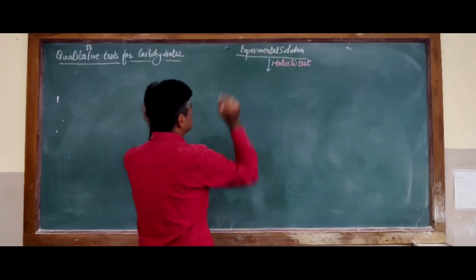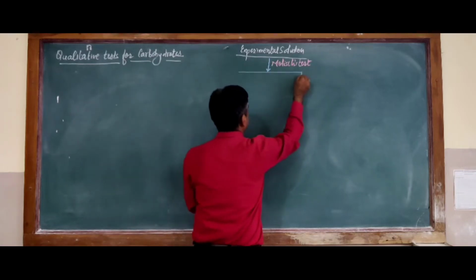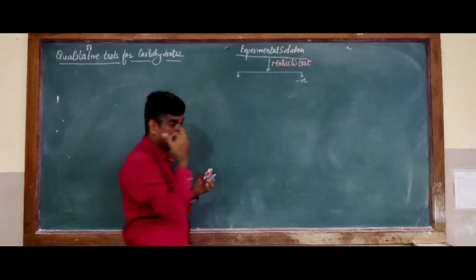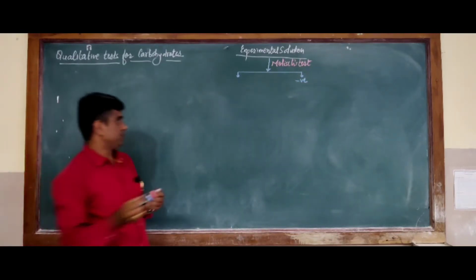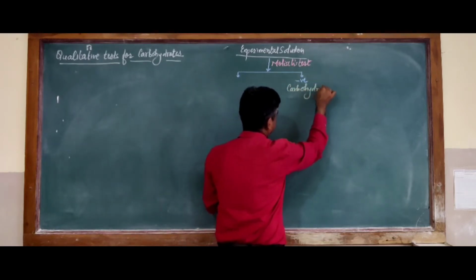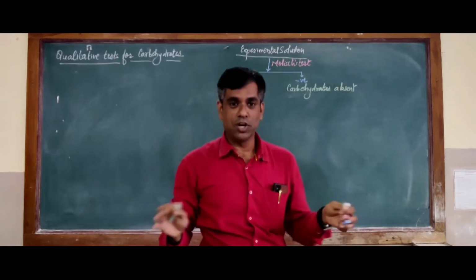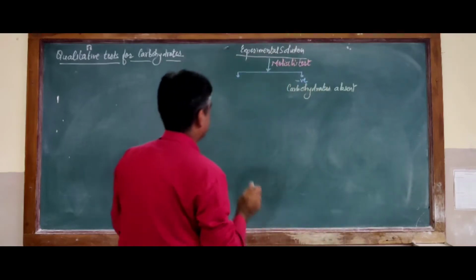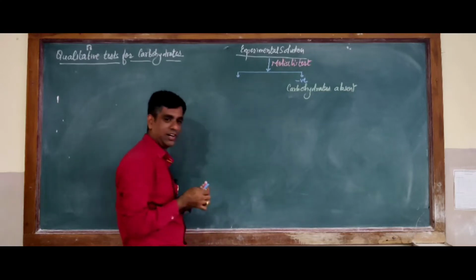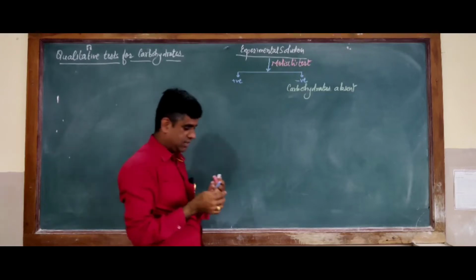So you take the experimental solution, perform Molisch's test, and get the result. As I told you, you may have either a positive or a negative result. If it is negative, you can conclude that carbohydrates are absent, so you don't have any kind of carbohydrates. Some people might be happy that there is no carbohydrate, let us go home. But the sample given to you surely contains some kind of sugar, so probably you will get this test positive.